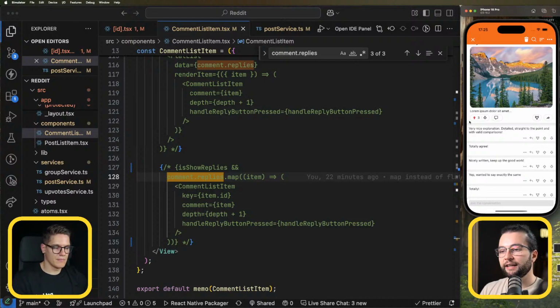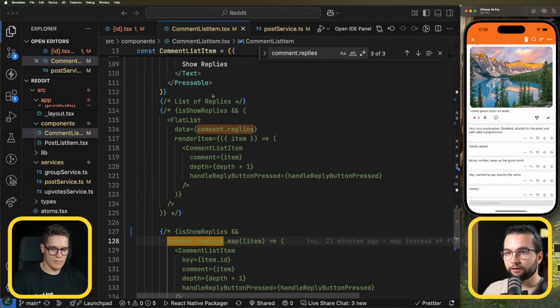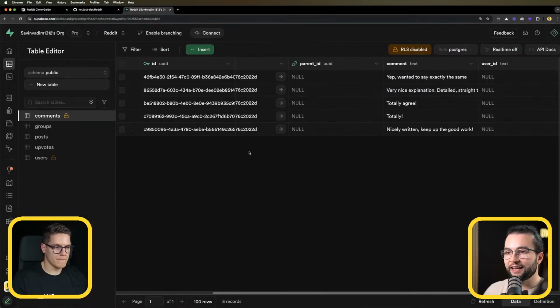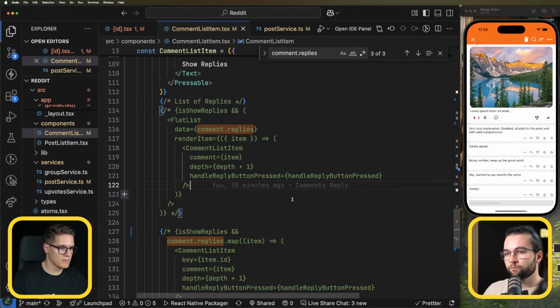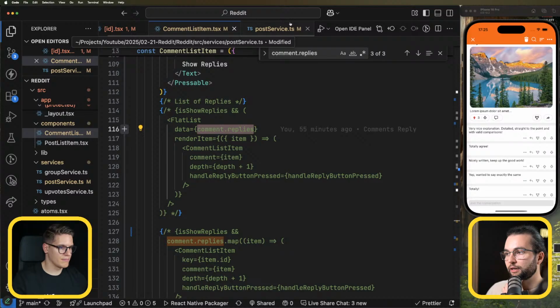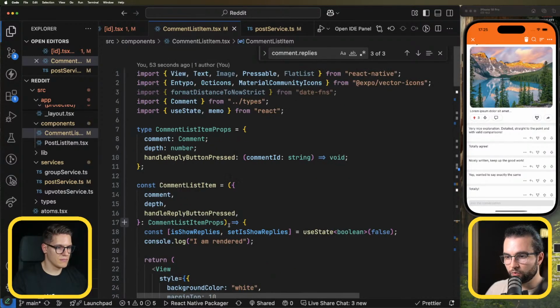Let's go ahead and fetch and understand if a comment has any replies. To do that, I'm not going to fetch the replies. I'm only going to fetch probably the number of replies. So in the service that we use to fetch this post,